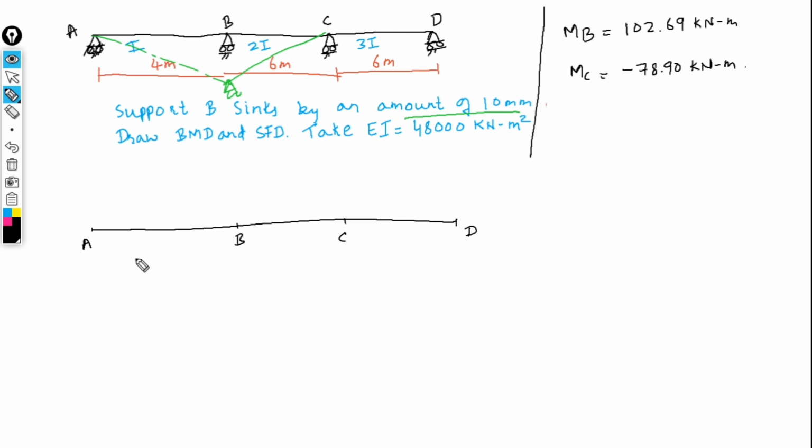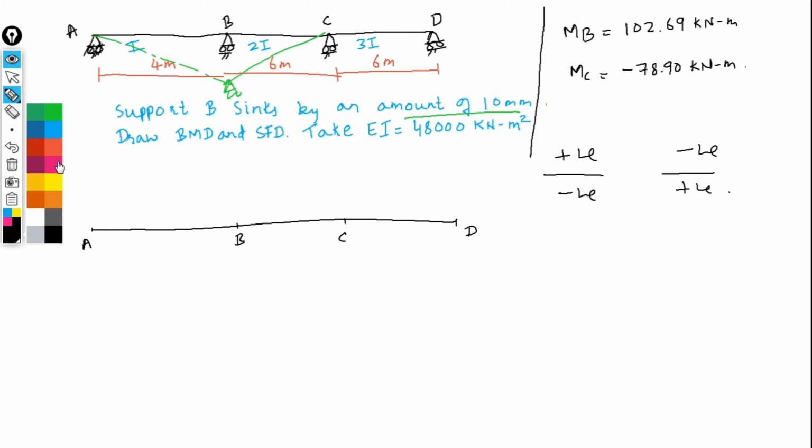In the previous problem, we have seen in the bending moment diagram that there was a free bending moment diagram, and when we calculate the end moments are superimposed in the free bending moment diagram. But here we don't have free bending moment diagram, so we cannot superimpose. So whatever the bending moment diagram will be there, it is only the end moment diagram. So you can choose the sign convention if you want. You can take positive bending moment above, negative below, or you can simply follow what we have followed in the previous video, negative above, positive below.